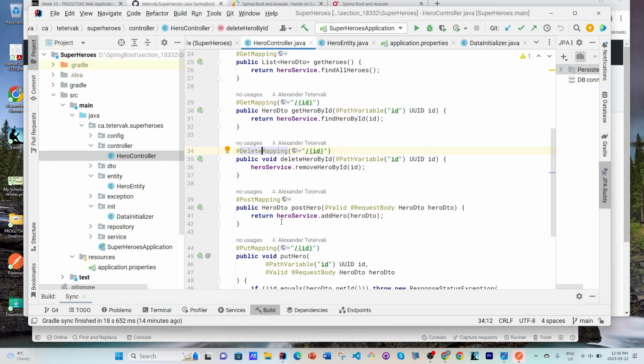Post mapping. Post is inserting new data, and data is traveling inside of request body. Remember when we played with my student data service example created from copy-paste in front of you? We inserted data inside of request body and we sent it with post request. So this is how to receive data from request body. You mark it with request body, and it is